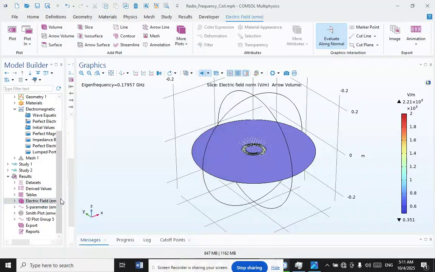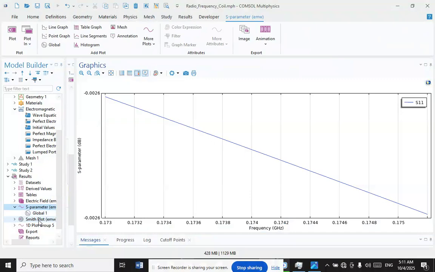Here you can see the patient inside the MRI scanner, and you can see the B1 and B0 magnetic fields. And here you can see that I have used electromagnetics as a physics module, and you can see the electric field here and the plot for the S-parameter,